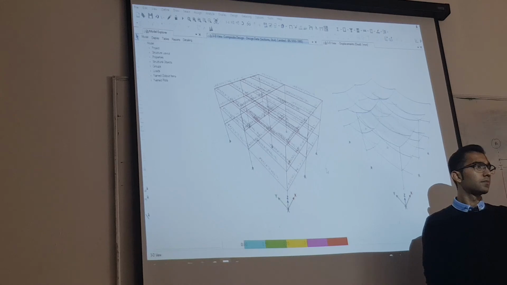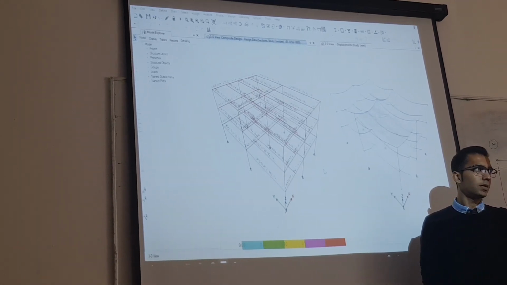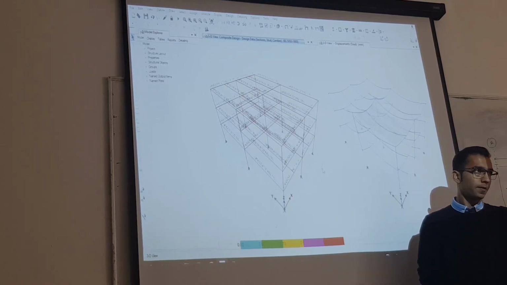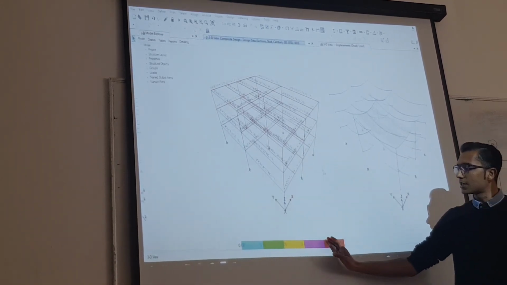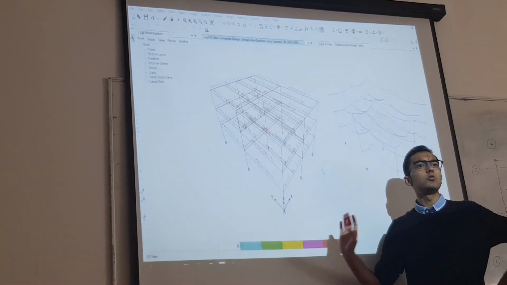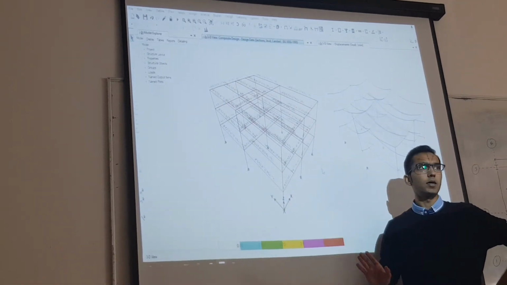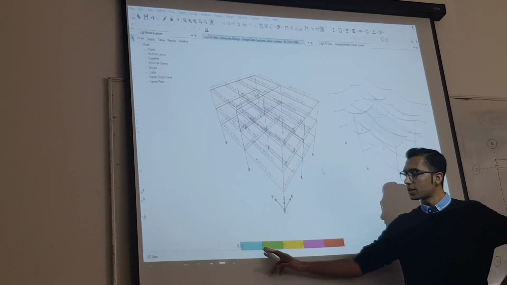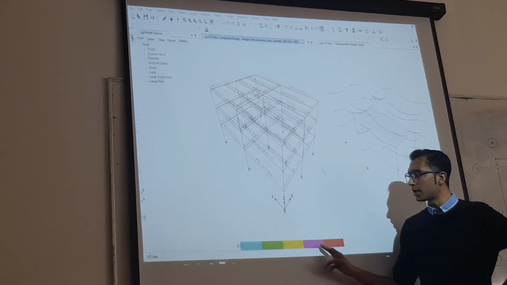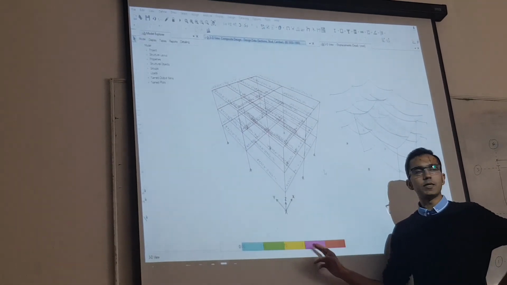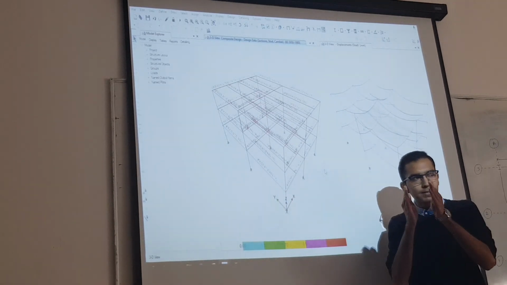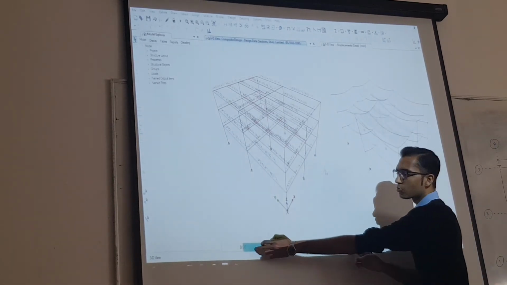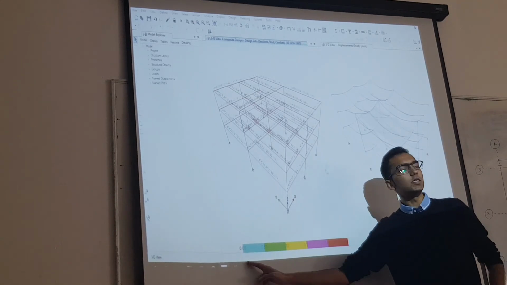Should all the frames be the same color? No, they will not be, but all of them should satisfy. So if your section is below ratio 1, your design satisfies. If your section is between 0.5 and 1, it means that it is an economical design. This yellow is more preferred because it is in between these two conditions, right? If it is blue color,